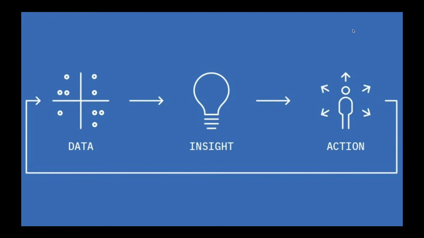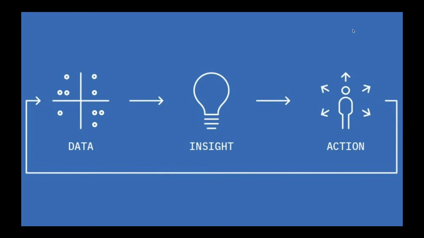So the data and the observations from just your basic day-to-day observations that provide you that initial insight aren't enough. What you want to do is go back around and gather more data so that you can have more and better insights and then take action again. And this is something that we're able to see in the design process, in the scientific method, in how we go about basically anything that we want to improve upon iteratively.